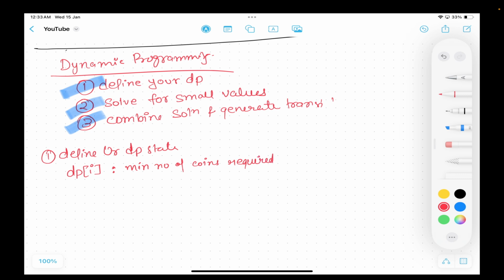In almost every case, this is the same as what the question is asking. So minimum number of coins required to make amount i. मतलब कि i बोलता है कि इतनी रुपीस बनाने के लिए मेरे को कितना मिनिमम कॉइन चाहिए।